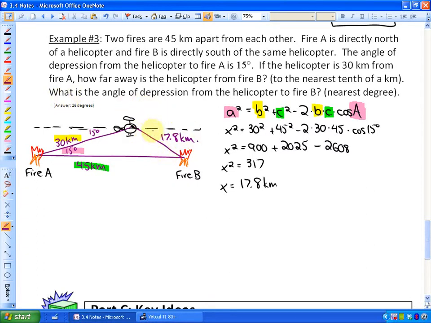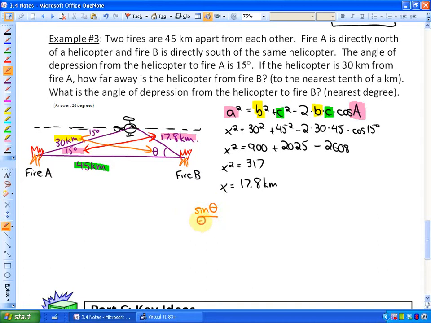So essentially, this angle of depression is equivalent to this angle right here. So let me label this with a theta. These are both the same angle, but I want to focus on the triangle. So if I can find this angle, I've got the angle of depression. In this particular case, we do have an angle on its opposite side. We've got 15 being opposite to 17.8. And now we're trying to find out, it says 30 is opposite that angle. So we can use the sine law. The sine law would say this: